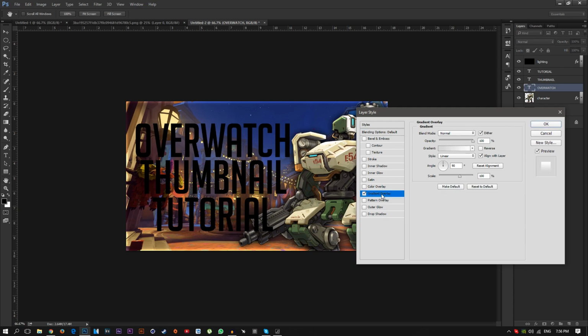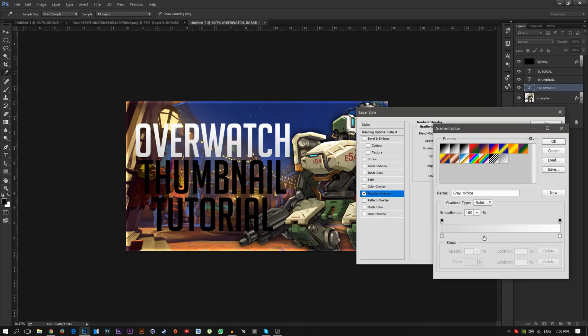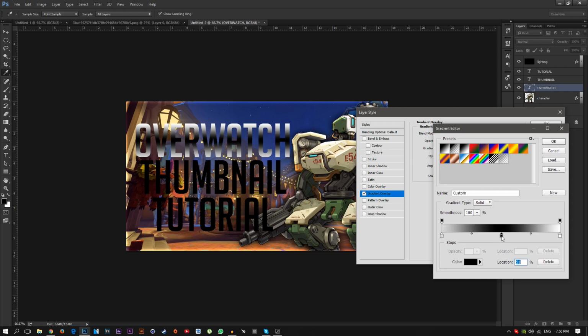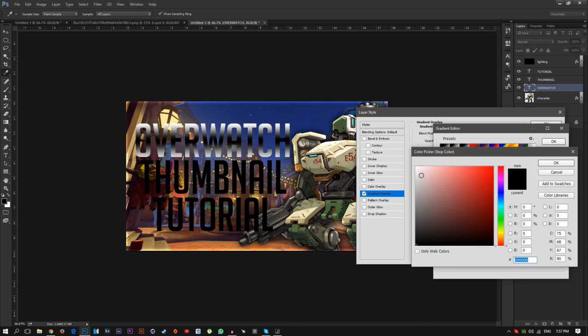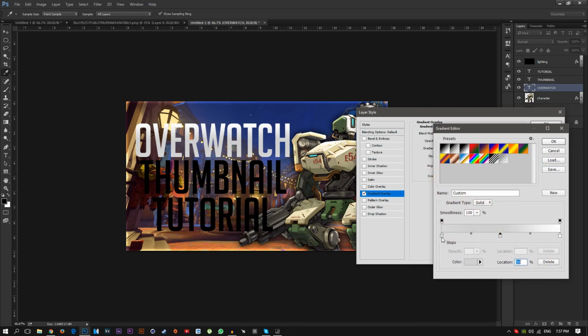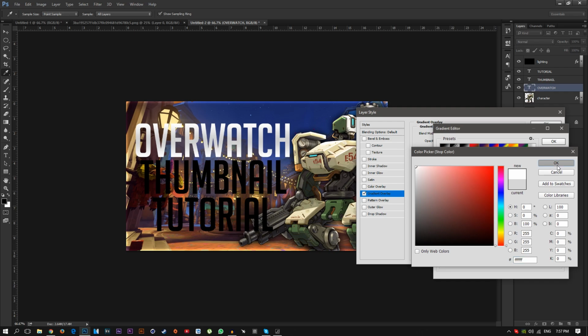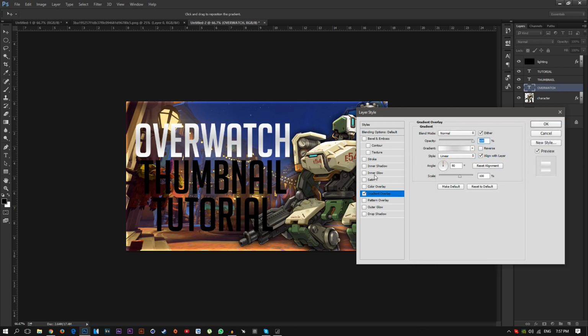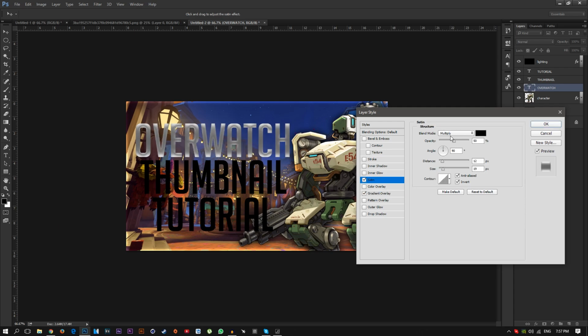go to gradient overlay, and open the gradient, and just make a point on the center on this line, and open this color and select the gray color, not full white. Just select the gray color and select the first color full white and the third color full white, just like that. Just click OK and check the setting and make sure the blending mode is color burn, and change the opacity down to about 25%,